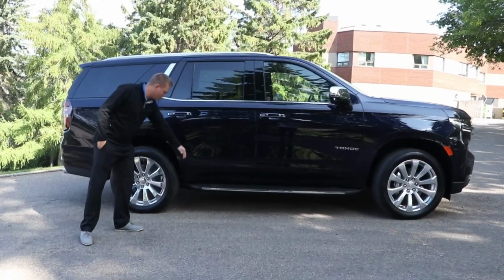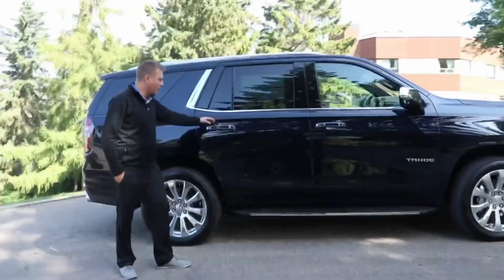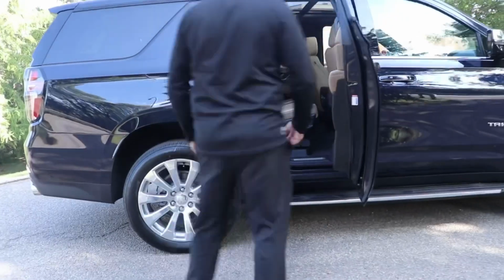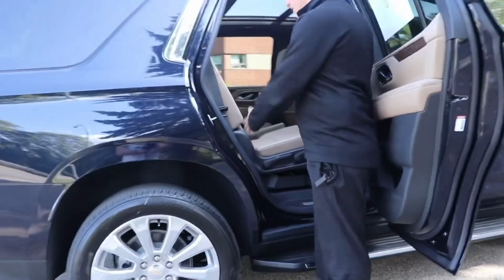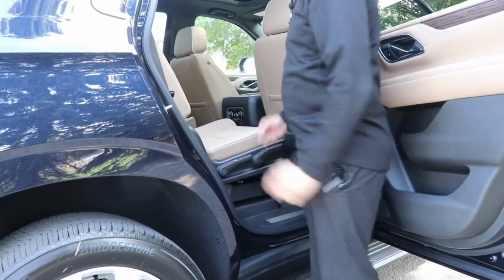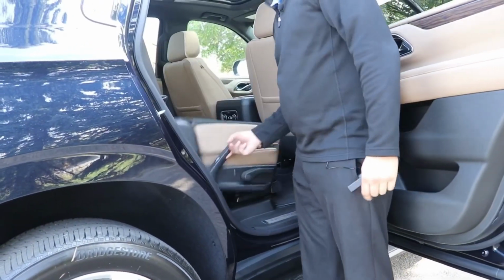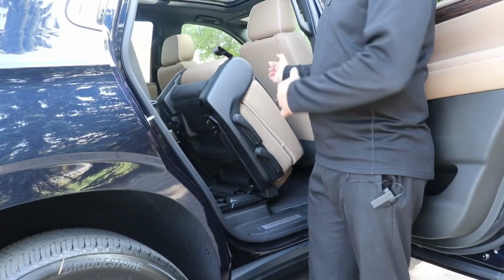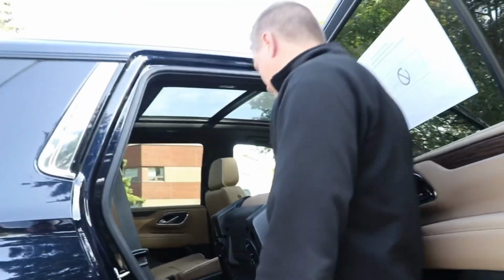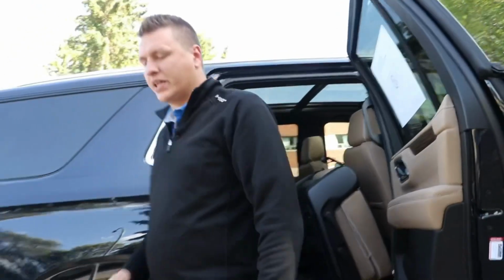The old Tahoe, the door swooped a little bit more around the wheel well, where this one now has a much wider opening and has seats that now slide forward and backwards, where in the previous generation they were just fixed. They do still fold down and up, so you can have it fully flat throughout, or have a walk-through to the third row. Other thing you can peek inside there, Ryan,